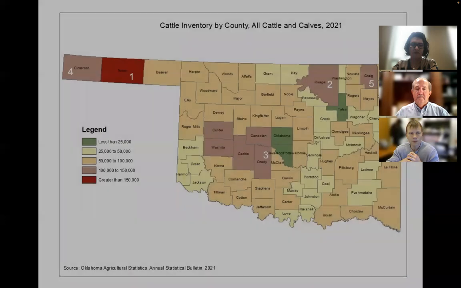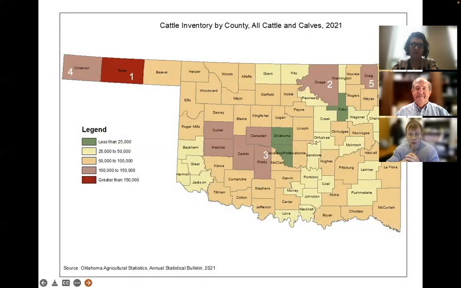Next slide. Let's go to cattle, which we know is, again, important. The huge one here is Texas County, of course, with a lot of both cattle and calves. And while you can see that it's mostly skewed towards the western part of the state, we have quite a bit of cattle in Osage and Craig County in the east. And so that's an interesting takeaway. Both of those rank in the top 5 in terms of number of cattle. And so while cattle is not huge all across the state, we do have a couple of counties that are relatively dependent on it, and that will continue to be an important part for those counties.